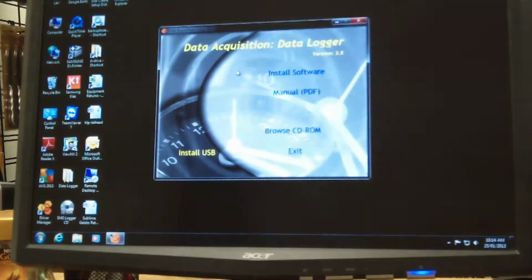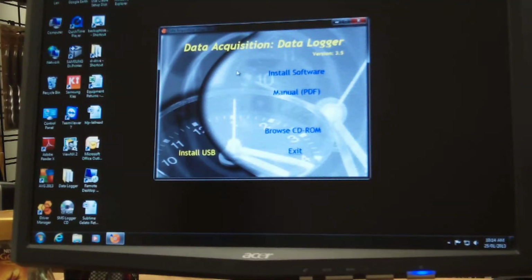So we'll just wait for a minute. Look, this is not a very powerful computer, so it's quite slow. So it's just running the CD now, and it should come up with a menu. Here it is. Okay, so